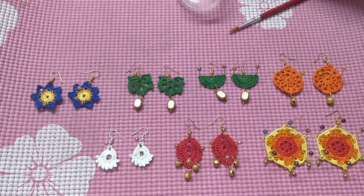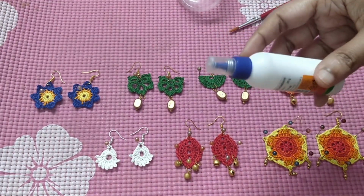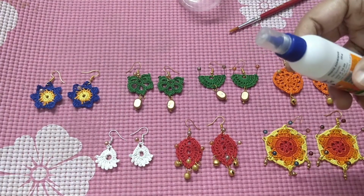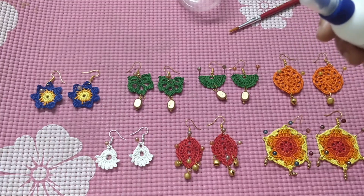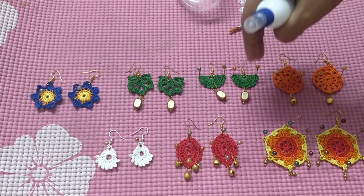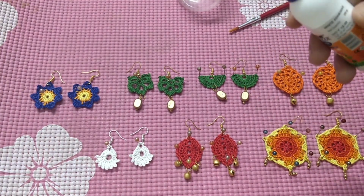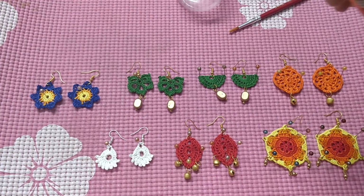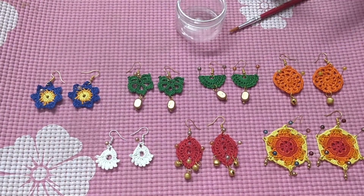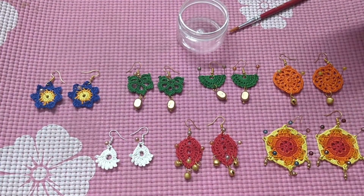I prefer PVA glue because it is quite water soluble, but it dries clear and it is water resistant. So after this dries, if I make the earrings wet, it will not get wet. It'll retain its shape, it'll still be rock solid. And some of my friends have suggested that I use fabric glue, but when I used fabric glue, the problem that I faced was it